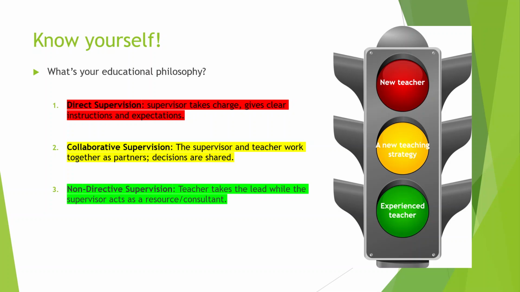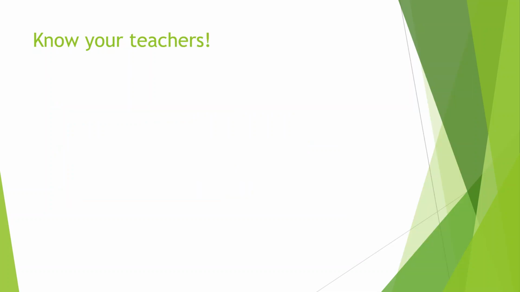So we go from knowing ourselves to knowing our teachers. Now, things are about to get kind of heavy here, so we're going to move fairly quickly. I don't want to rush these points, but we certainly need to get through them. So when we talk about our teachers, Carl Glickman points out some very important aspects of our teachers. And in fact, he calls them levels. So we have these two different levels that we're focusing on with our teachers.